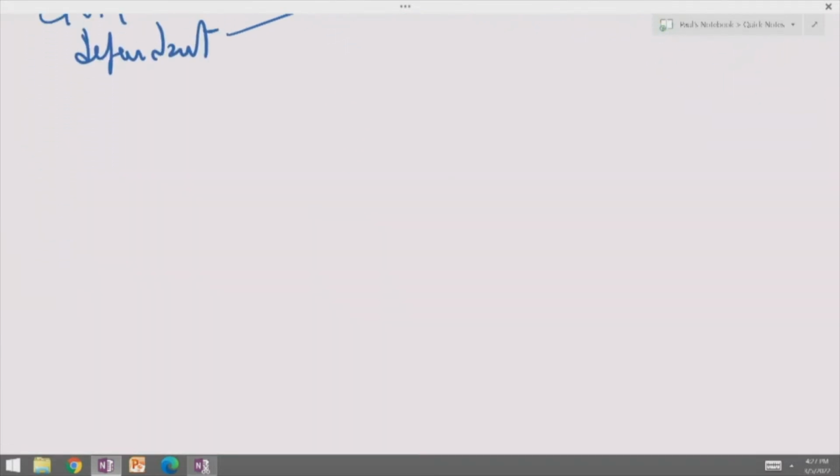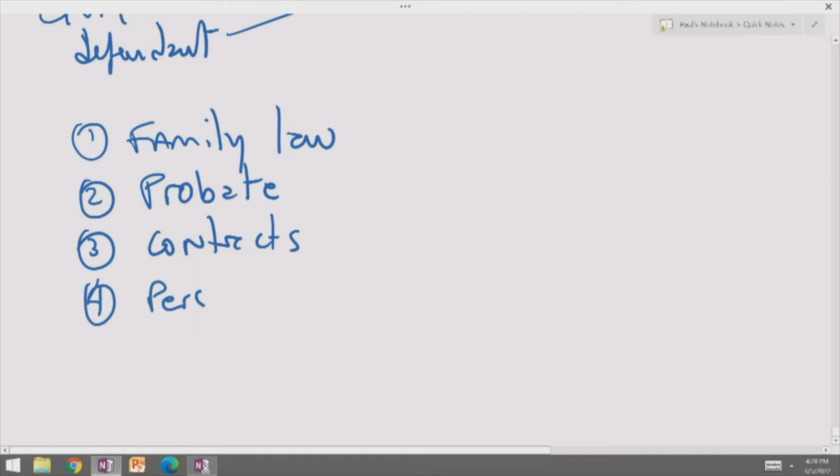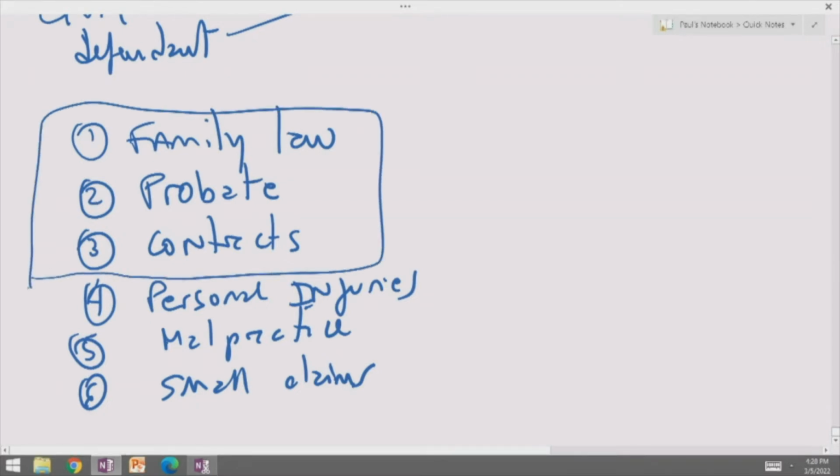Now, within civil matters, you have different types of proceedings. You have, for example, family law. So you could have proceedings under family law. You have proceedings that have to do with probate. You have proceedings that have to do with contracts. And you have many more, but these are the 3 key ones for your state exam, okay? You also have personal injuries. You have malpractice. You have small claims. There are many different other ones. We're going to concentrate mainly on these 3,